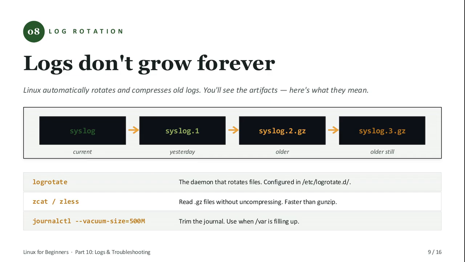That's logrotate doing its job. Every day or so, it shuffles the current log down the line, compresses the older ones with gzip to save space, and eventually deletes the oldest. To read those compressed files, don't bother unzipping. Just use zcat or zless directly. And if your disk is filling up because of the journal itself, journalctl with --vacuum-size lets you cap it